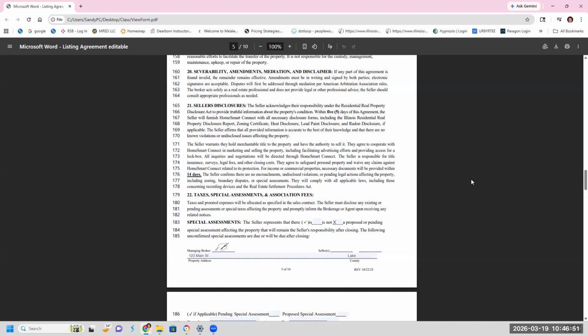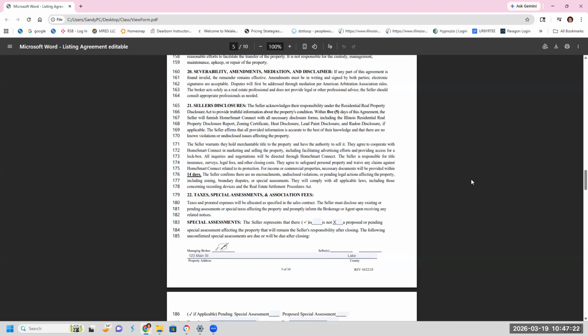All right. Now, if this was a rental listing agreement, you have an additional disclosure, and that is the flood disclosure. When you're listing a rental, some people say, I don't need a flood disclosure because we've never flooded. The law says you must have 2 flood disclosures. One covers the entire property, the driveways, the parking garage, the basement.